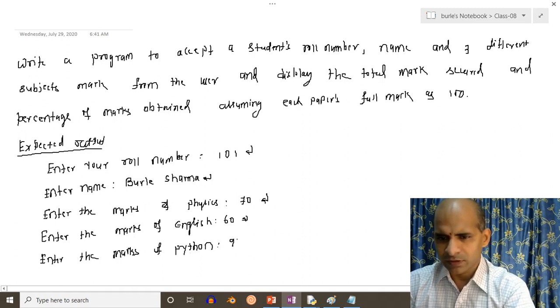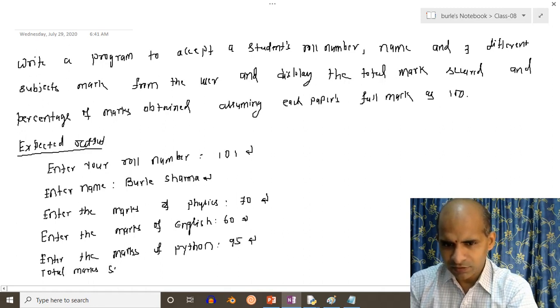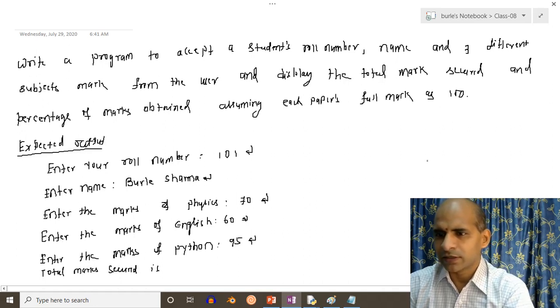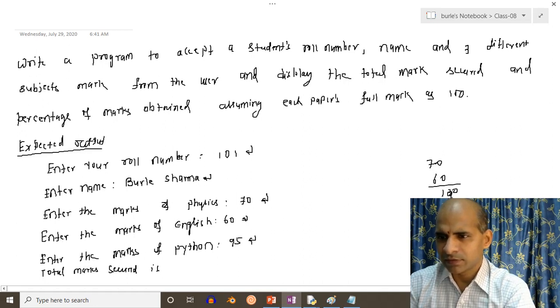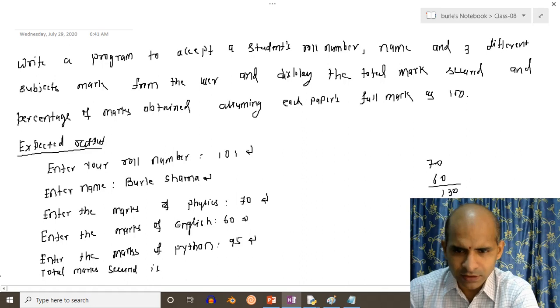So it is, for example, 95. So as we are reading computer, so that's why I'm taking the maximum marks of computer. So next, out of that we have to make a total marks secure is, so the total of all these three, so 70 plus 60 is 130 plus 90 plus 95 is 225. So mark is